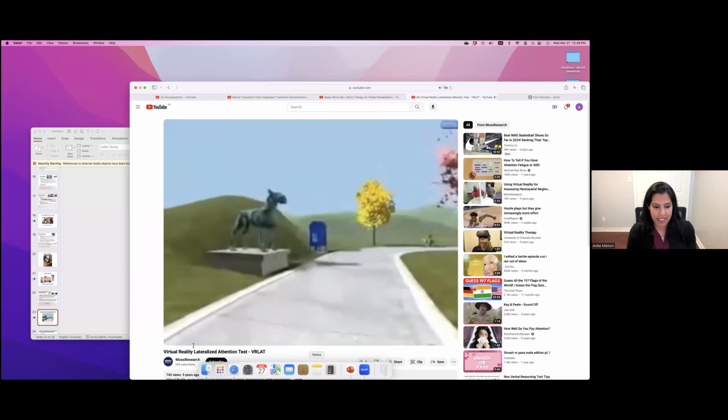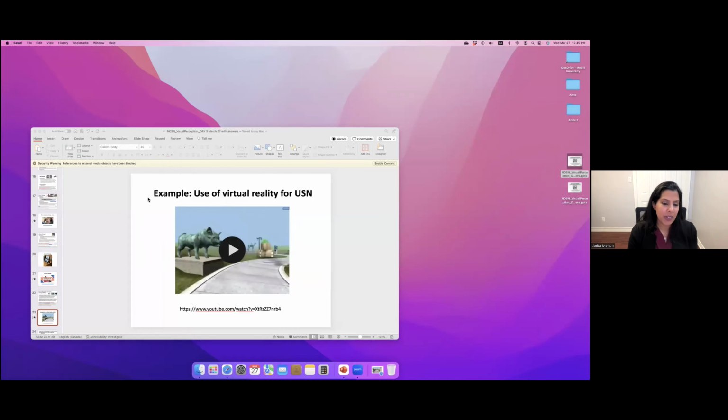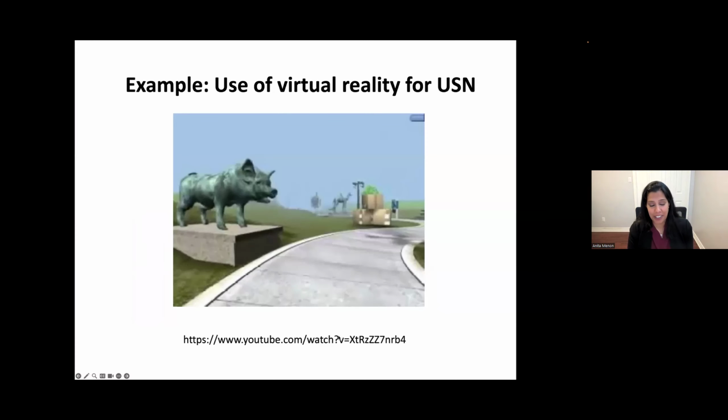Sorry, just stop that. So that's just to give you a quick visual of what a virtual reality. I apologize for the graphics because I think as I increase the size of my screen, it sort of blurs it out, which doesn't help for a client with a visual impairment. But anyway, just to give you an idea of the fact that you could use different types of virtual reality